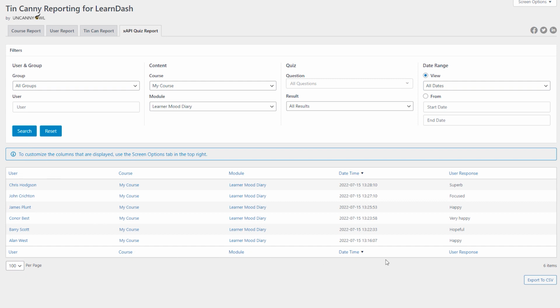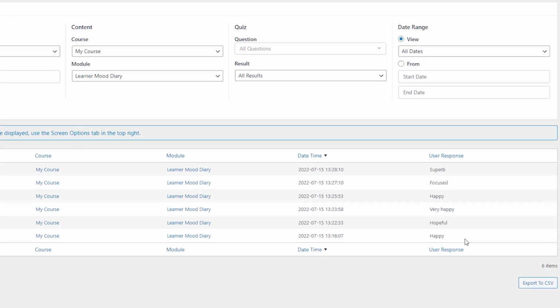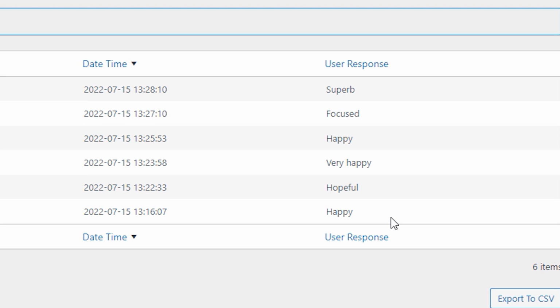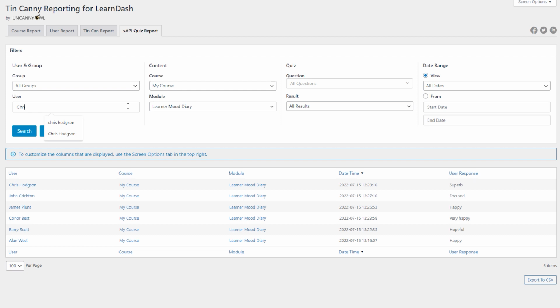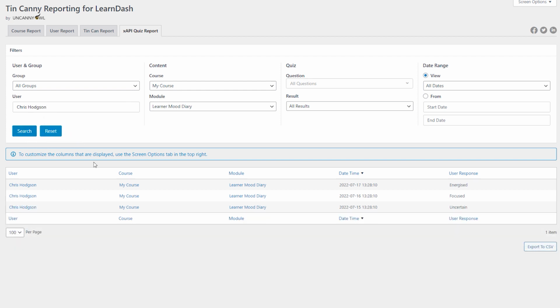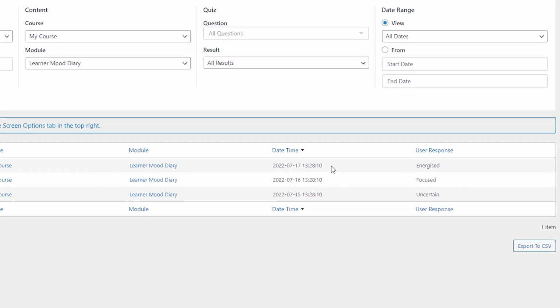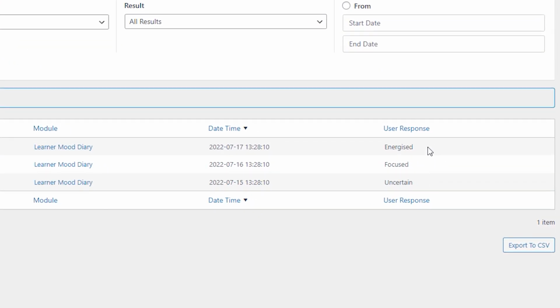My report is ready, and the table that's shown contains a row for each user that has answered the question in my Storyline activity, along with the response that they gave, which has been pulled into the report by the custom XAPI statement that we wrote earlier in Storyline. As time goes on and users retake the activity to log their current mood, I can use the user search box to filter by any specific user that I want to generate a report for. Plus, I have the option to export to CSV, which altogether makes WordPress a fantastic option for developing your own combined LMS and LRS system.